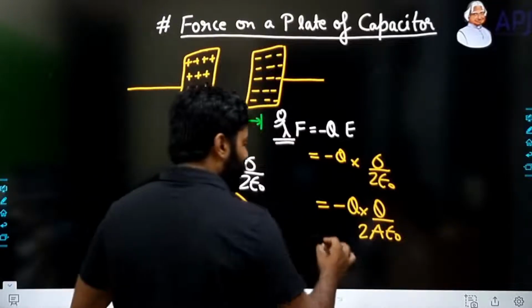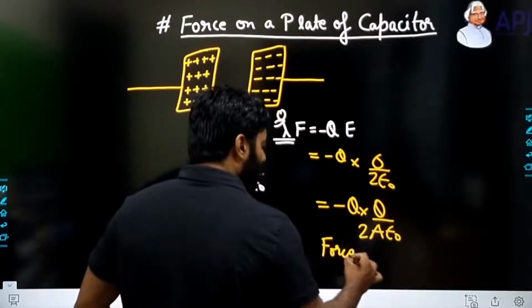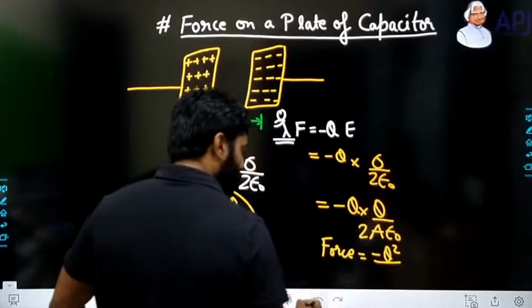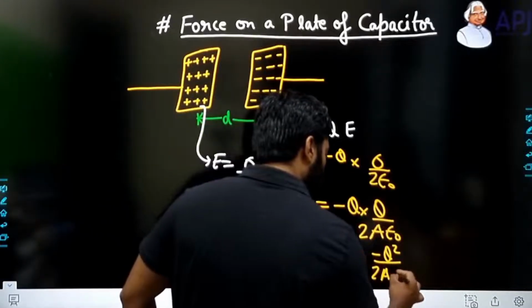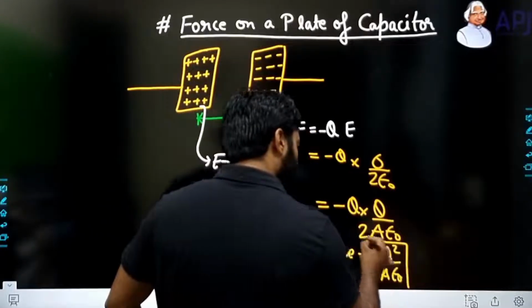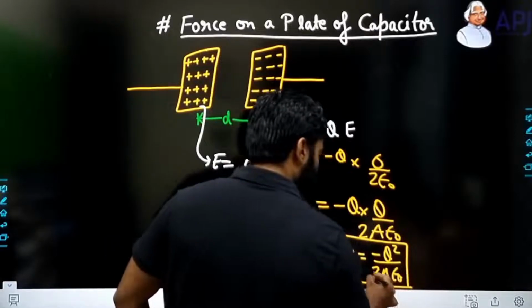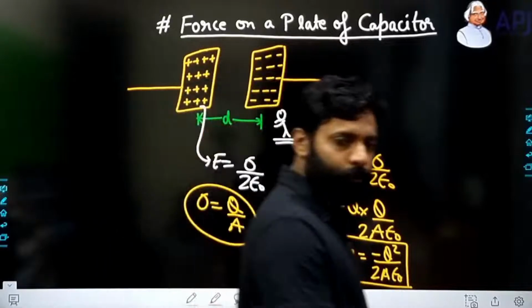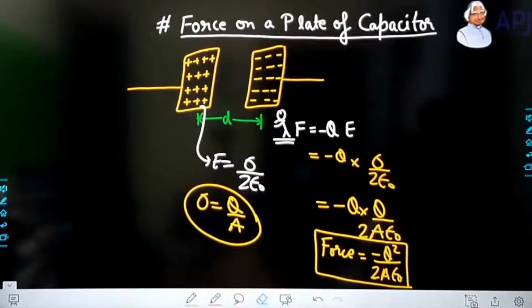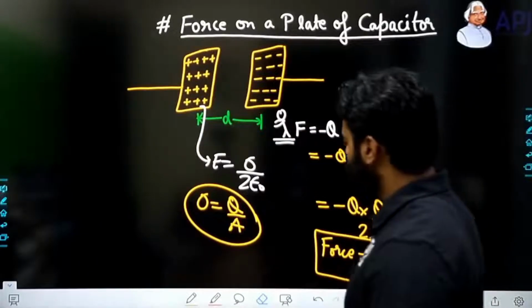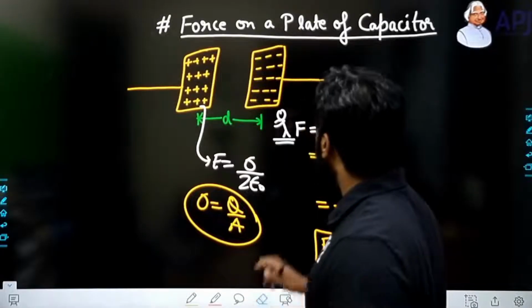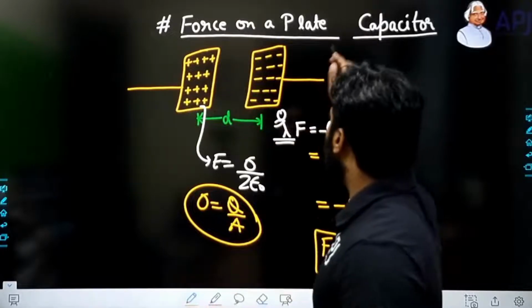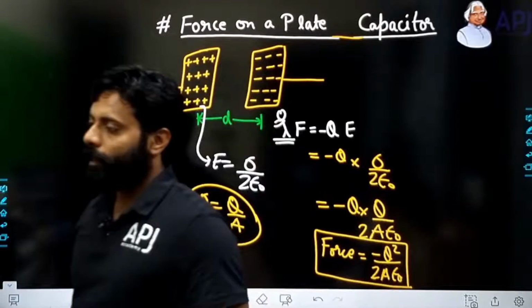So I'll be getting that force is equal to minus of Q square upon 2 A epsilon naught. ये मेरे पास हो जाएगा, ठीक है। So please note it down, it's the force on a parallel plate capacitor. नोट इट डाउन।